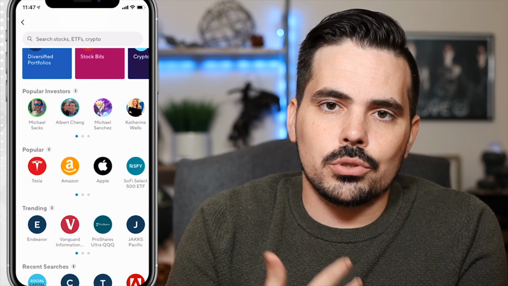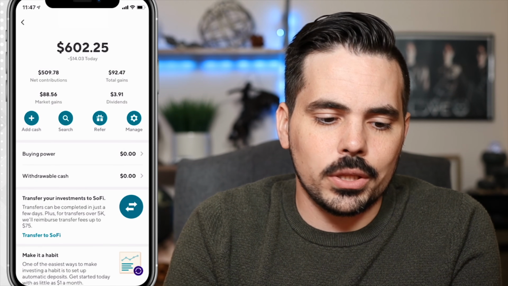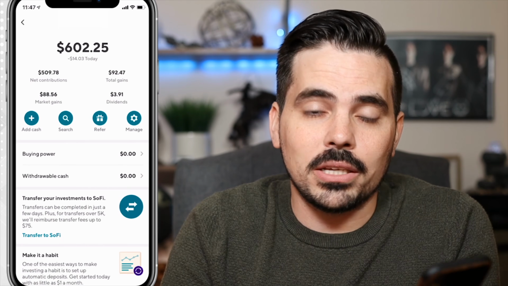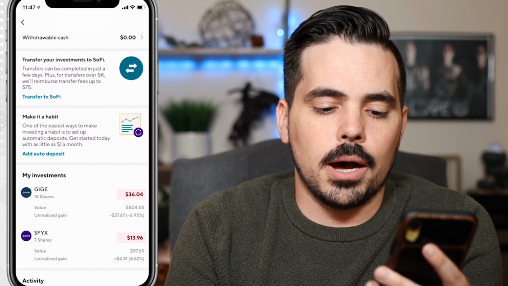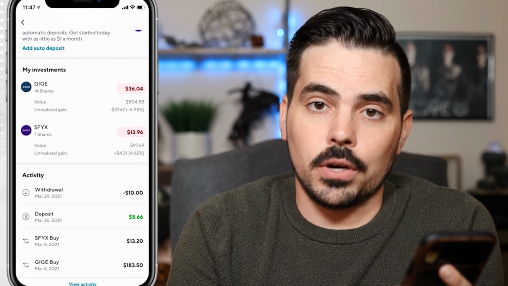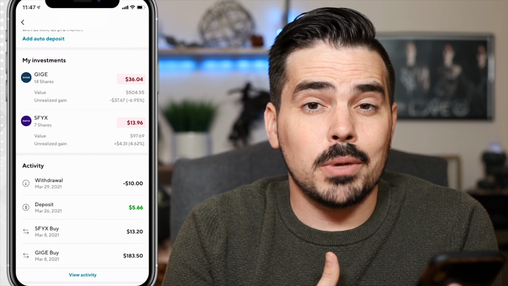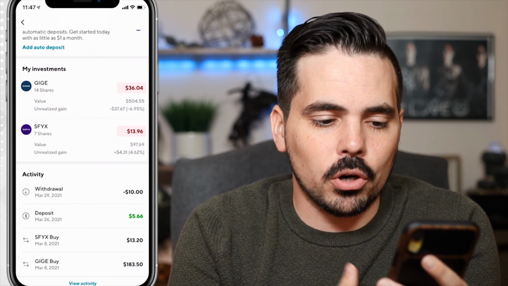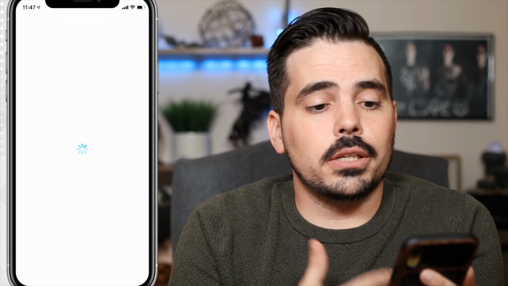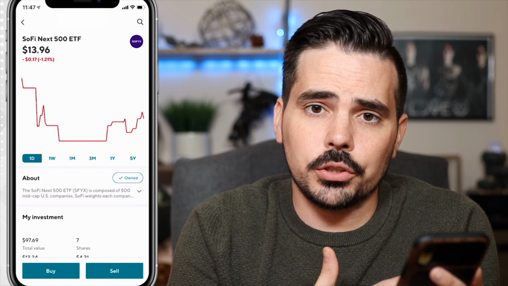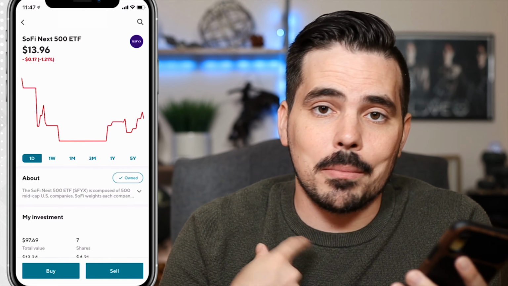Now, when it comes to SoFi Invest, the biggest thing with this is that this is definitely a little bit more basic than some of the other apps out there when it comes to information and functionalities. But for somebody who's just maybe wanting to get invested and be in the market, this is actually a really solid app for you to be able to utilize and just function properly, so that way you have that money investing